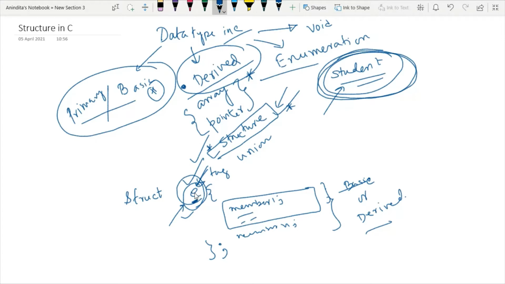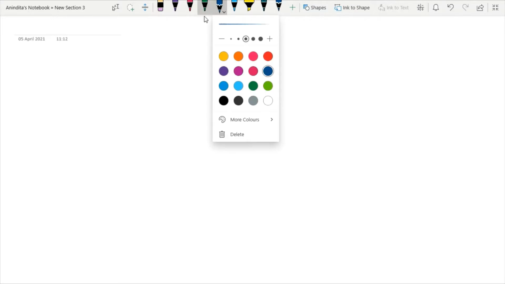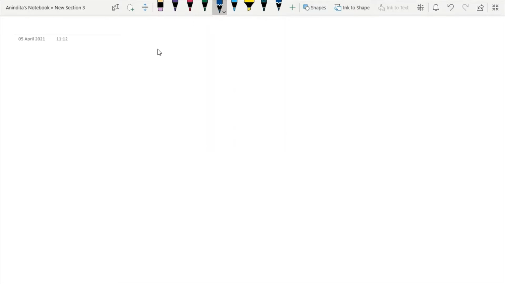Now I will show you some basic syntax of a structure. So we know that the main purpose of defining a structure is so that that particular data type can hold some other category of data type as its member. So as I was explaining, for defining student information, I have to define a structure.